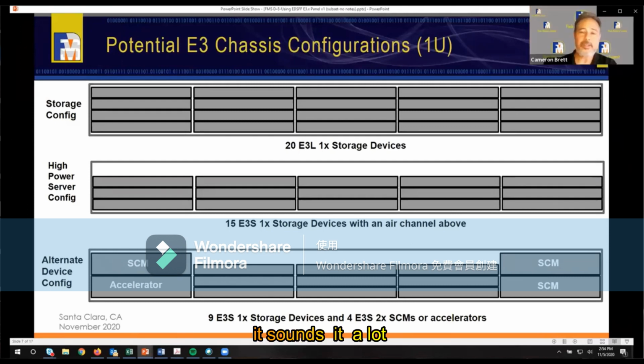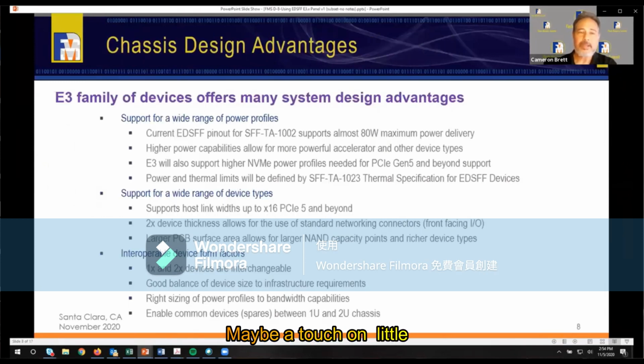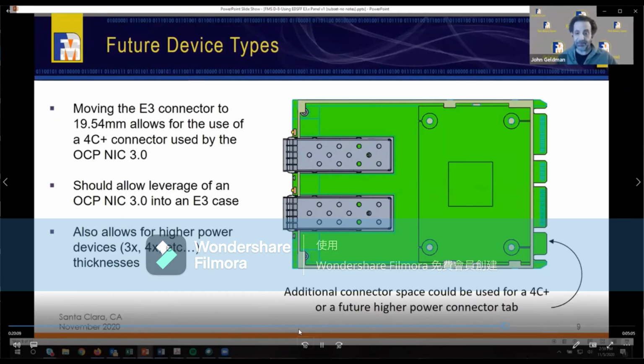Well, it sounds like it gives a lot of flexibility and opens up new types of architectures. Maybe touch on a little bit more some of the design advantages. The OCP pins, which are, I can't point to anything, sorry. It lines up with the OCP